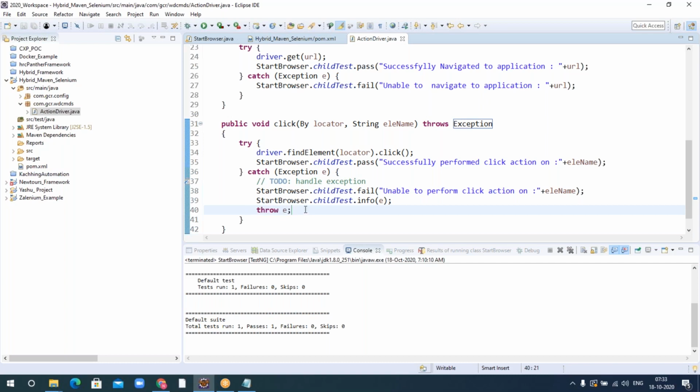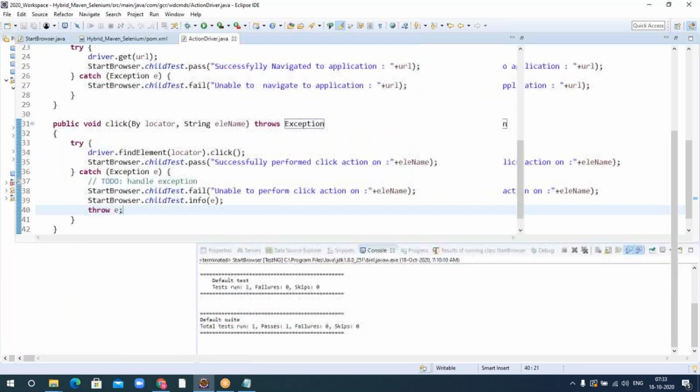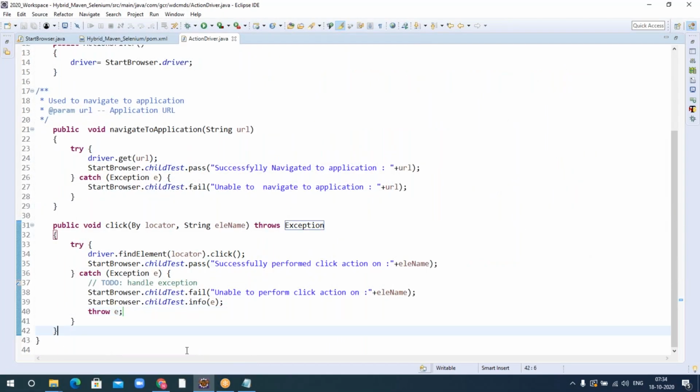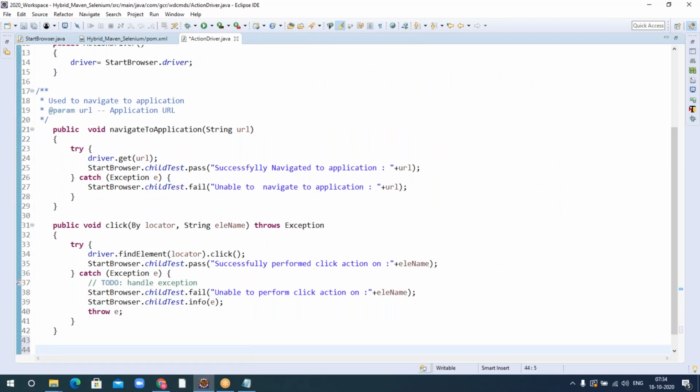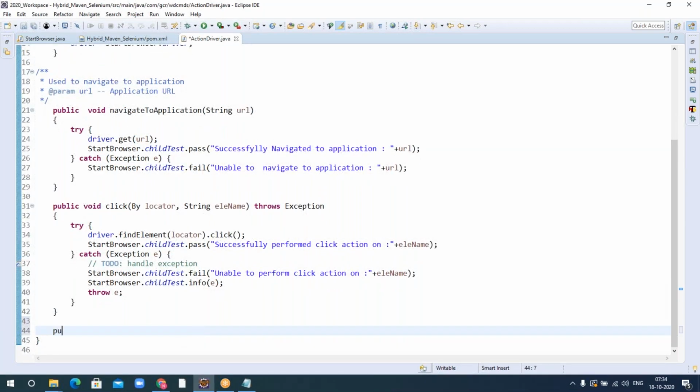Additionally, one more thing we can add is capturing the screenshot. Whenever there is a failure, it will be more useful if you capture the screenshot. For that, I'll write one more method which will get the screenshot. So public string, actually it is going to return a string.